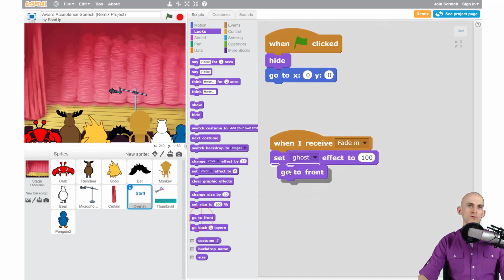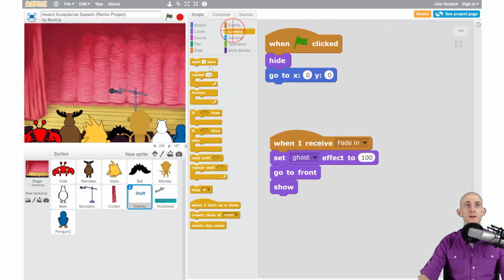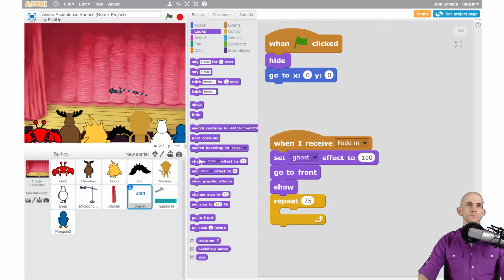Then we want it to go in front of everything, so it covers up all these other sprites that I've got on here, and finally show up. So when it does this, ta-da, it's there, but you can't see it. The reason why is because of the ghost. Now we're going to reveal it. Ooh, spooky. So we're going to use a repeat to do that. Not 245. Silly Jared. Okay, so 25 times we're going to change our ghost, not color,